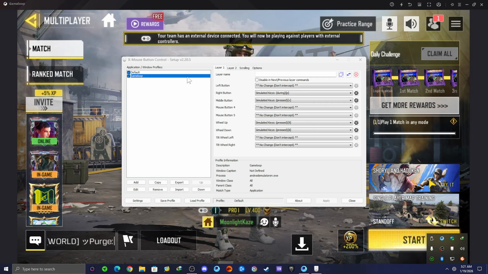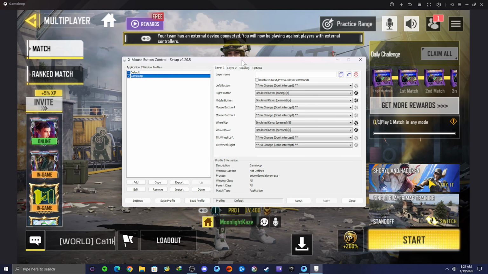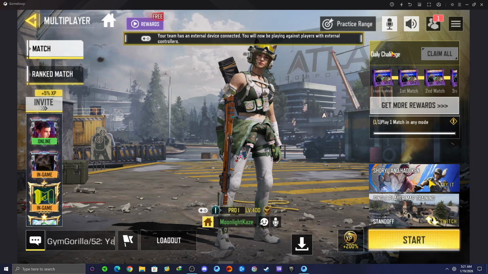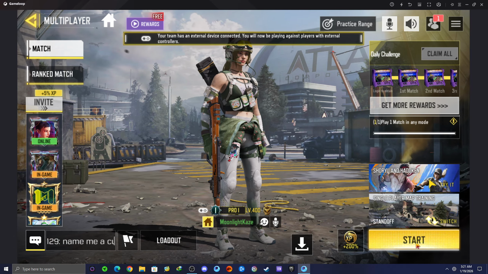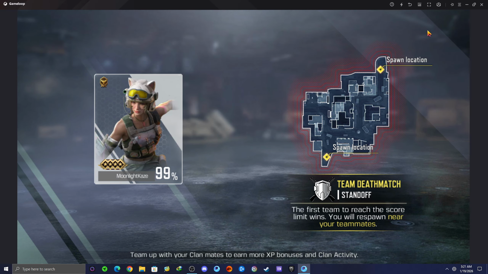It'll be mapped this way forever, unless you want to rebind them to something else. So just remember to launch this before Gameloop, or you can launch it after Gameloop. As long as this is running in the background, your mouse keys that have been remapped will work inside of Gameloop. So I'm gonna launch a map in practice mode,